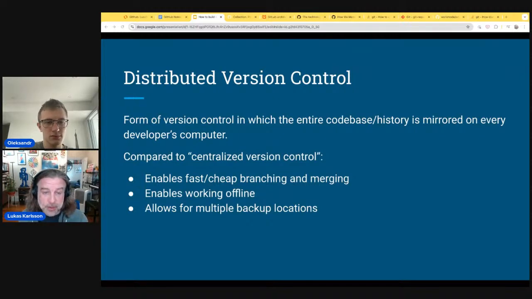So distributed version control is also something interesting. It's a version control system where everyone who has a copy of the repo has the entire repository with all of the branches and all of the history and all of the code. And having a distributed system versus a centralized system makes it really easy to do things like branching and merging very quickly. It allows people to work offline and in different countries and different time zones. And it makes it easy for there to be many different backup locations for the source code. So there's not just one monolithic server that holds all the code, and when the server's down, the code is